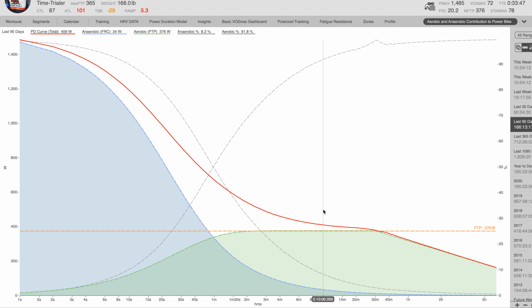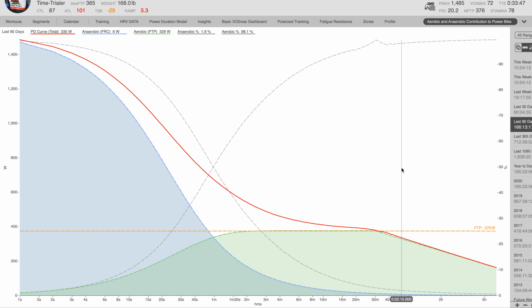If we look at our 4x10s, right? So 4x10 FTP, now it's 90% aerobic, 8% anaerobic. I think you remember for the sprinter, that was, I think about 83% aerobic. I can't remember exactly, but it was quite a bit lower. So remember, the sprinter was going to do 30-minute intervals maybe, but our time trialer, maybe those 10-minute intervals make